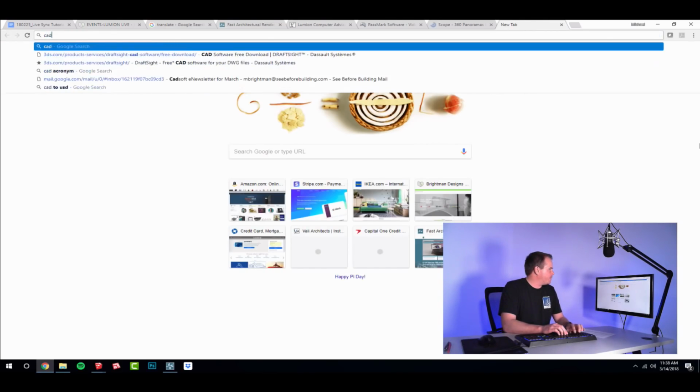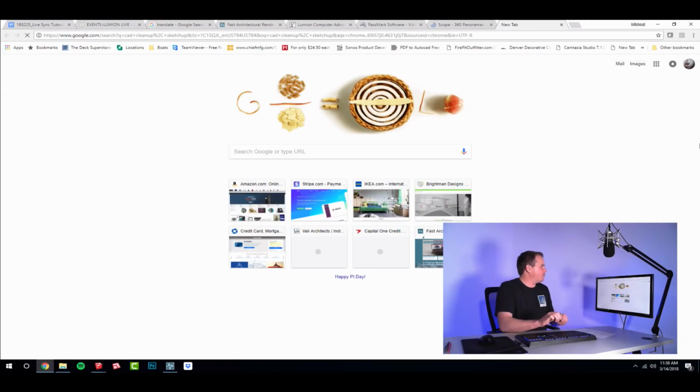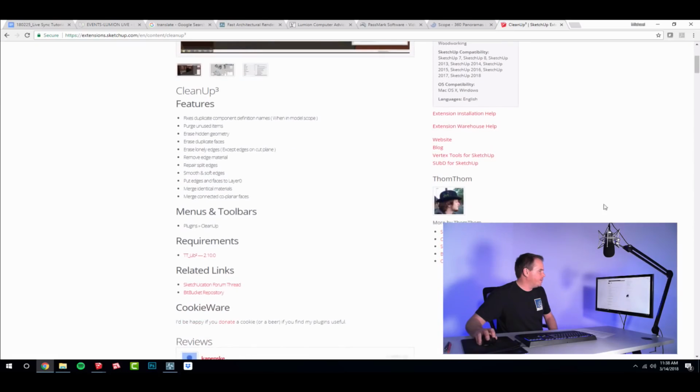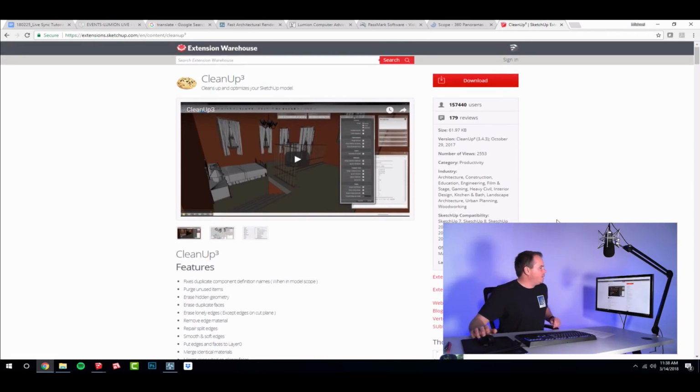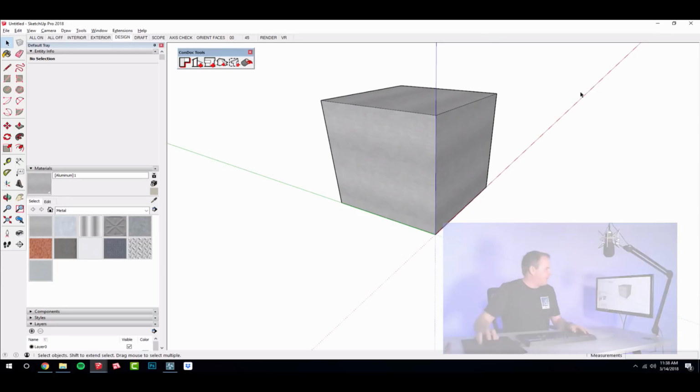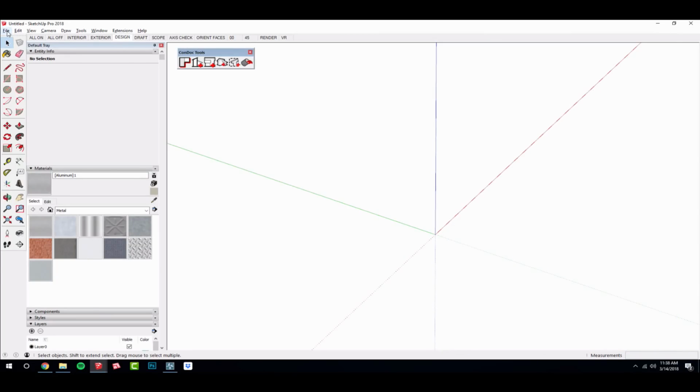I'm going to say CAD cleanup in SketchUp. And I know that there's some on Smustard that are good. Yeah, cleanup is the one. I think that's TomTom. Let's see. Yep. So cleanup is a good one. It cleans up and optimizes your SketchUp model, and I'm pretty sure it works with a lot of CAD line work. But what I do, though, is if I import CAD into SketchUp, I would just go File, Import,